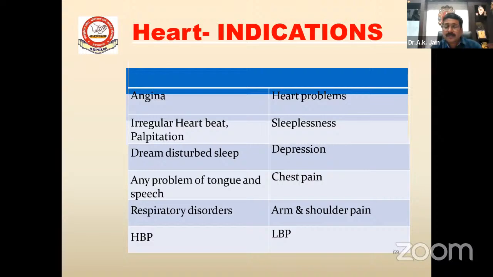H1, and the last point is H9. This is a Jing-well point. This is also a wood point, or a wind point. This is a very good point for depression, anxiety, sudden changes of mood, or mood swings. And this is also very good for palpitation or pleurisy. Heart meridian related other symptoms: sleeplessness, heart problems, depression, chest pain, respiration disorders, related to high BP or low BP.